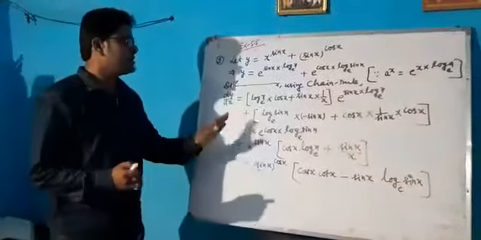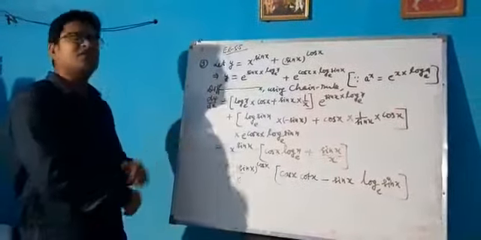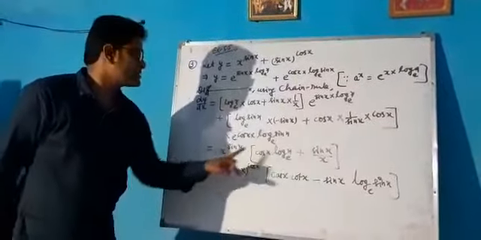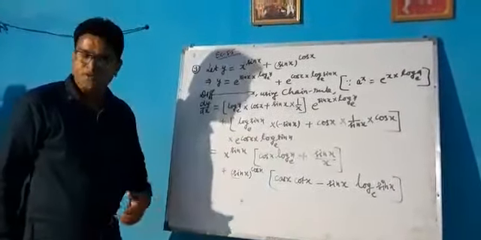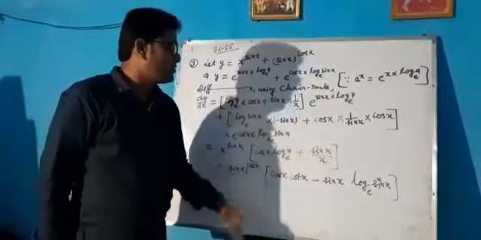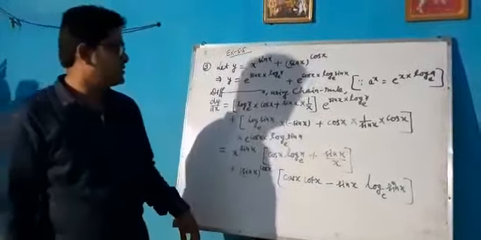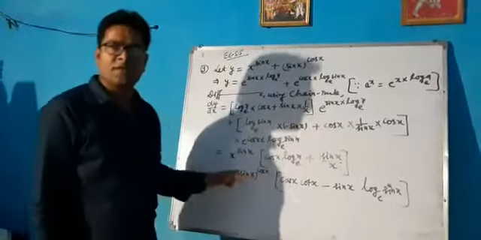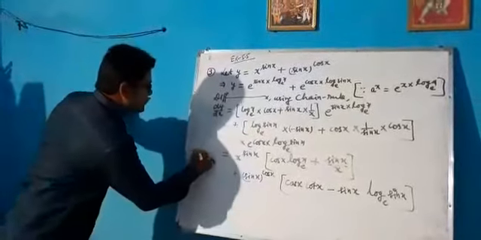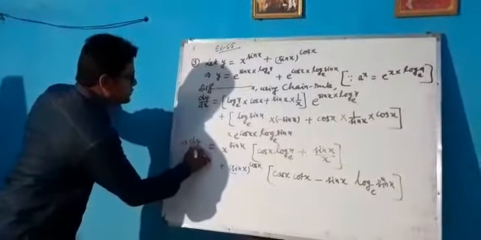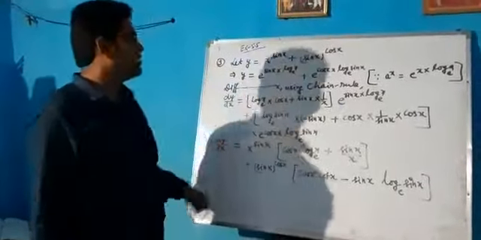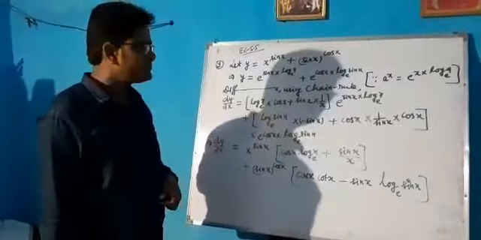You can leave your answer here also, or you can simplify it further. Like you can multiply this with x, and you can take x outside, so x to the power sin x minus 1, you can write. Here also you can take something common, whichever is easier to take common. For example, you can take sin x common here also. Or you can leave the answer here also. You will get the same marks. There will be no reduction in marks, only the matter should remain the same. You have to write the reasons also.